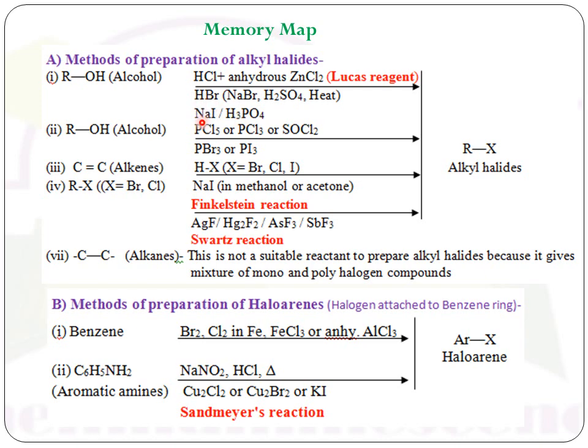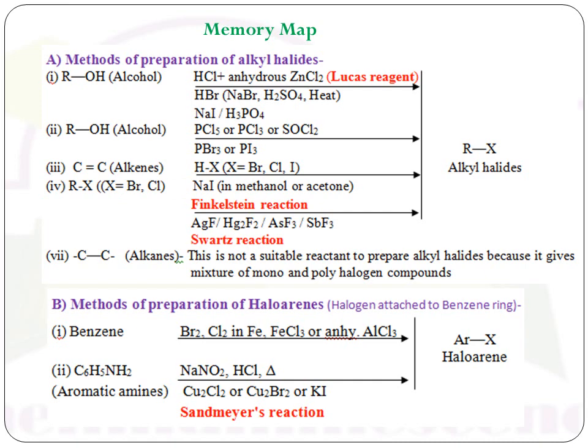These two, HBr and HI, are both prepared in situ. It gives corresponding alkyl halide. Alcohol when reacted with phosphorus trihalide or phosphorus pentahalide, again it gives corresponding alkyl halide. Next one is from alkene. The alkene gives two products, in which one is major and one is minor, which are determined by using Markovnikov's rule or anti-Markovnikov's rule. Alkyl halide to alkyl halide